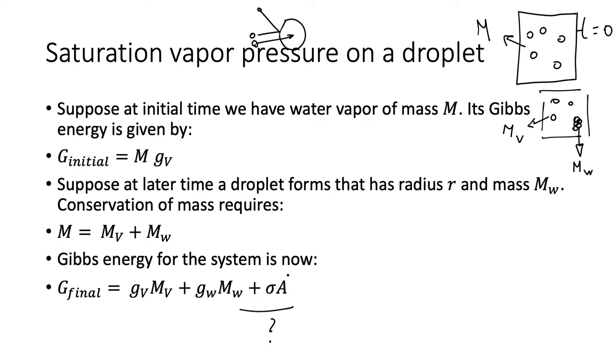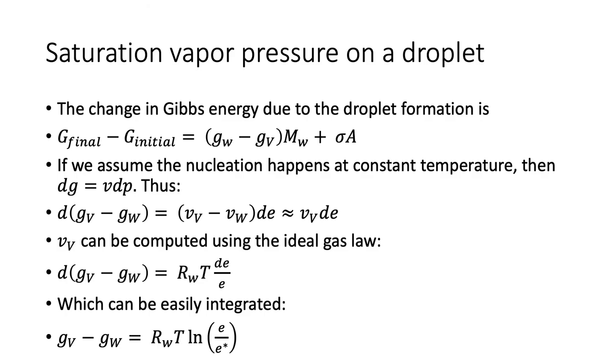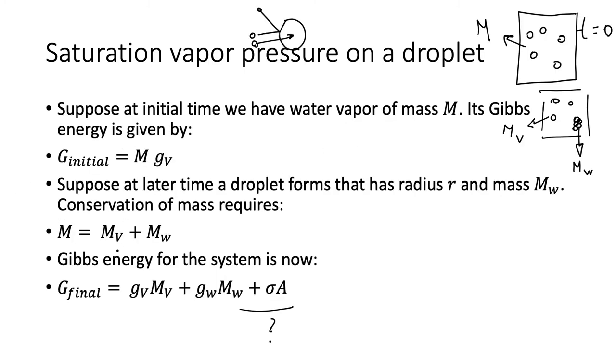Times A is the area of your droplet, which could be anything. We don't want to assume that it's a sphere yet. Excellent. The change in Gibbs energies is pretty simply computed, and this is simply the difference. The change in Gibbs energy due to the formation of the droplets is simply given by GW minus GV MW. So it's simply just take the difference between these two,